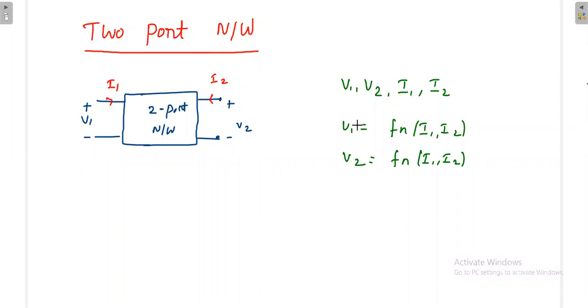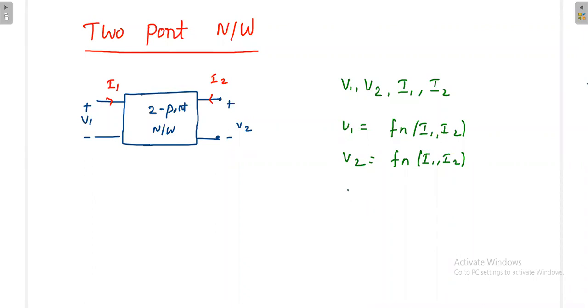Here, V1 and V2 are dependent parameters, whereas I1 and I2 are independent parameters. Whenever you write the equation, the terms present here are dependent, the terms present here are independent. So at any point of time, whenever you make two equations with two variables, you are using two independent variables and two dependent variables. At any point of time, you need a minimum of two independent or dependent variables. When you use two dependent, automatically the remaining become independent.